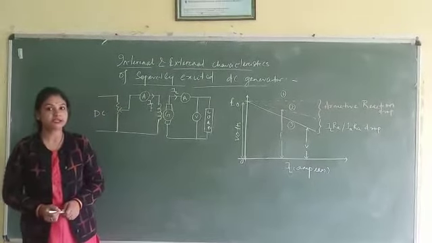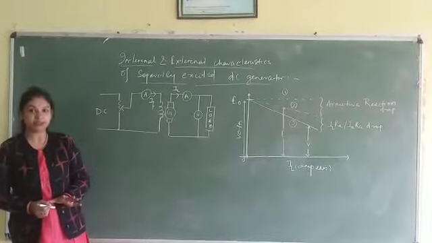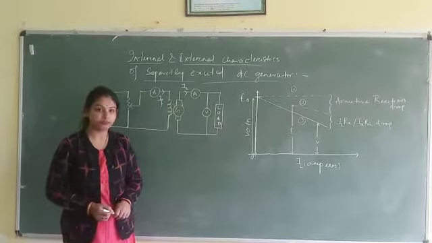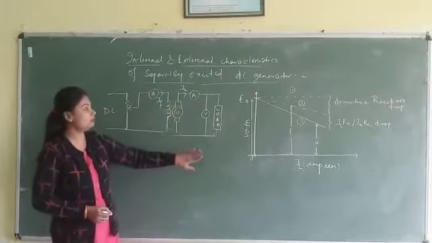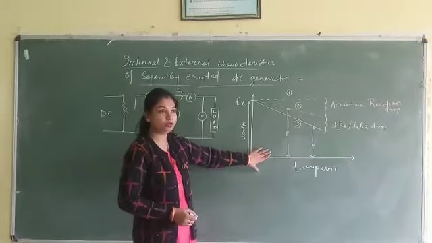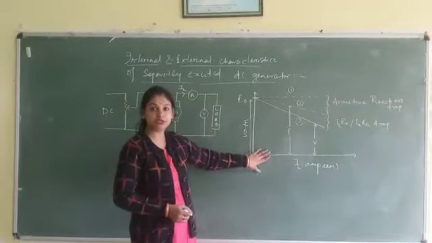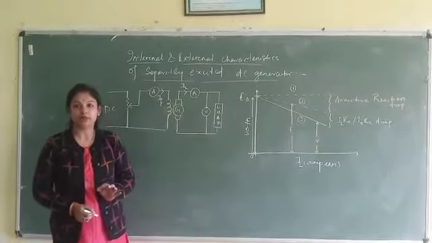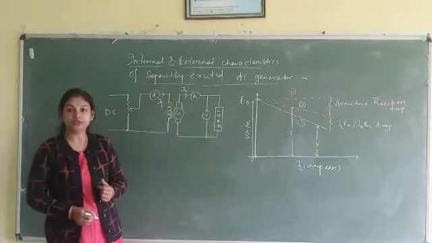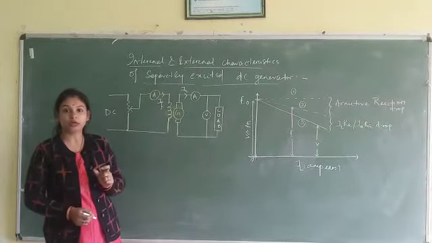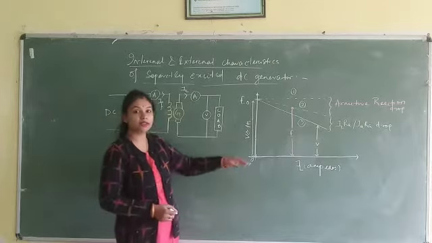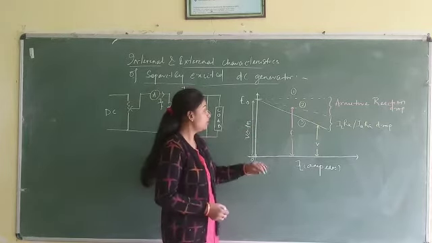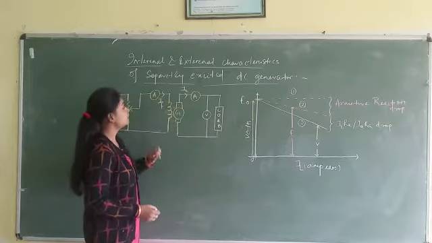So today we will discuss a part of machines, that is DC machines: the internal and external characteristics of a separately excited DC generator. This is the characteristics curve of a separately excited DC generator. In a DC generator, the speed can remain constant by means of a prime mover. In that situation, the variation of all the curves and characteristics can be represented in terms of the relationship between the EMF and the current. So we will talk about the internal and external characteristics.